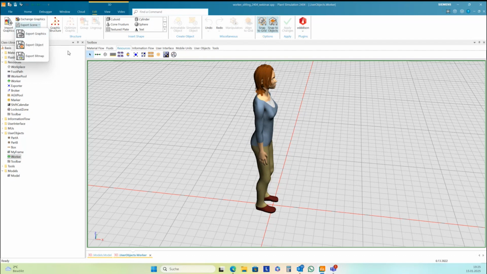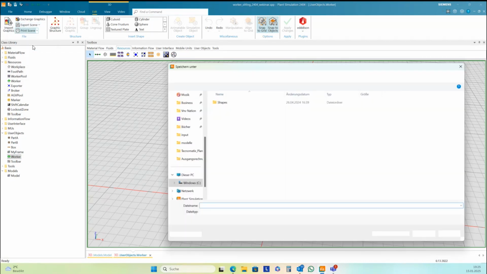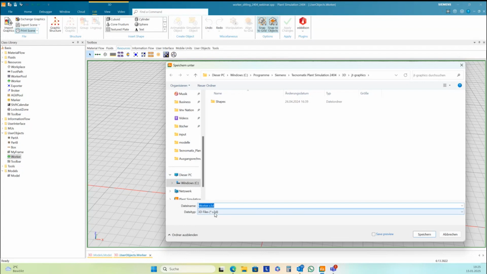Export graphics would only export this graphic here, the standing Jill. And the second one is export object. If you select export object, then the result will be an S3D graphic.